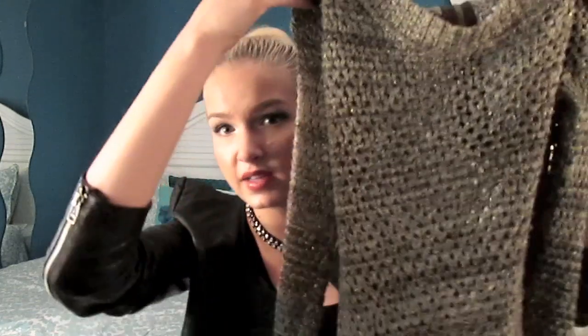Now the next thing I definitely suggest always investing in is chunky long sweaters. These are great for leggings or for jeans. They're really easy, and these are always going to be in. So long, chunky,